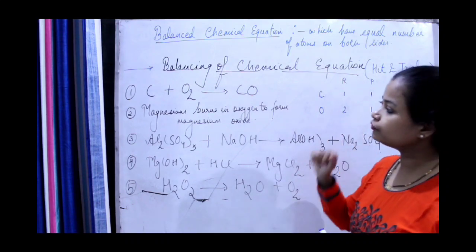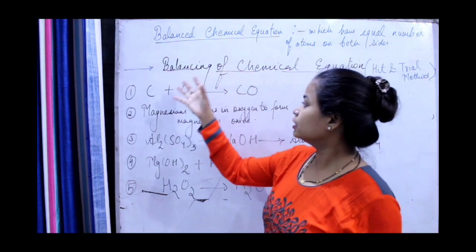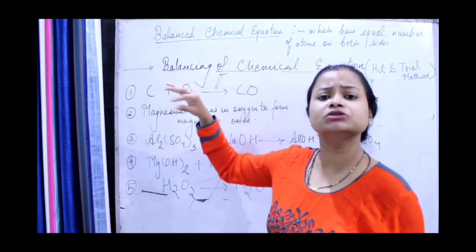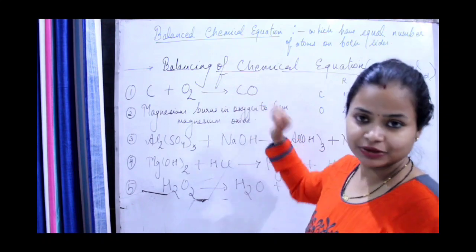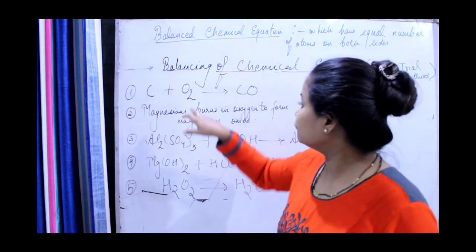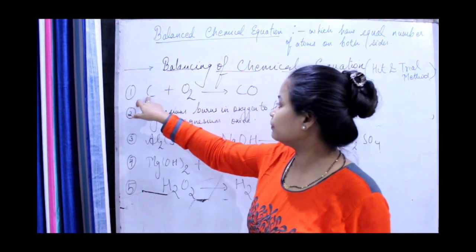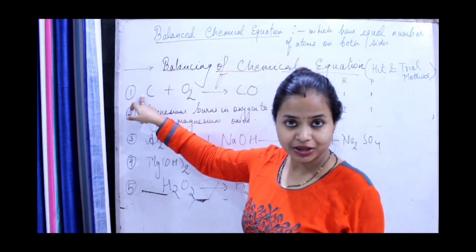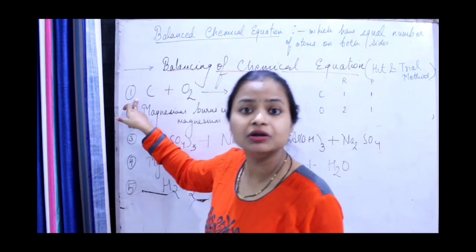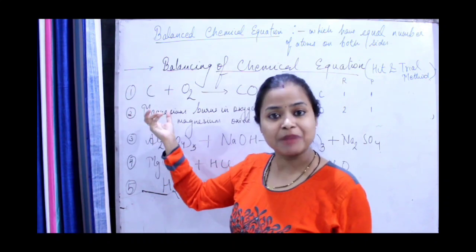Now if you want to balance it, we have to just choose a suitable number which we'll write as the stoichiometric coefficient, or simply coefficient, then it will get balanced. Before that you might be thinking, what is coefficient? When we write the number over here, like 2C, 3C, whatever, and nothing is there, that means it is 1. Fine. When you write any number over here, this is called a coefficient. With the help of that only we can balance it.